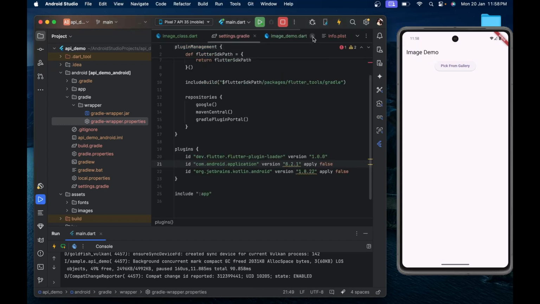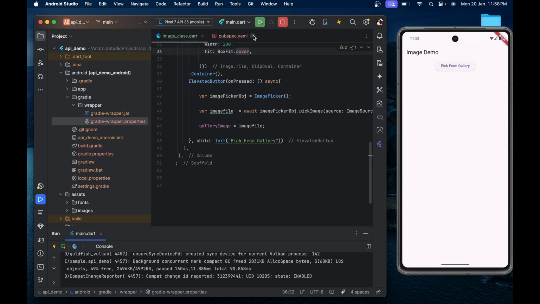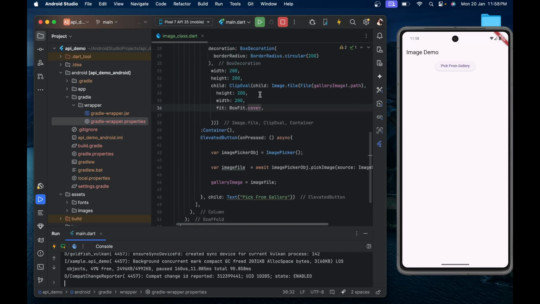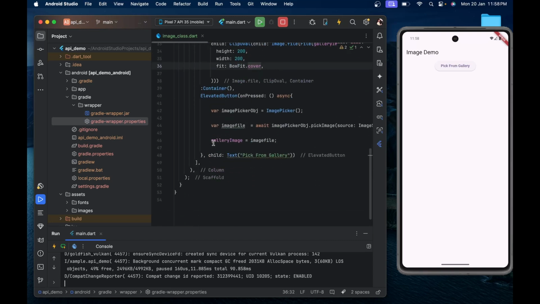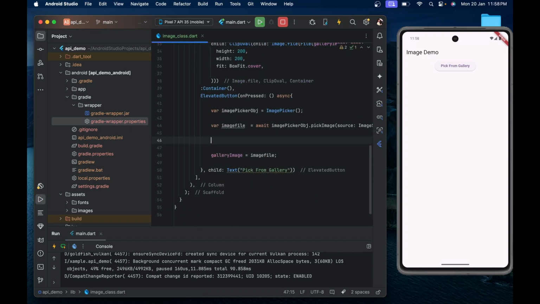I've already picked my image and it is not reflecting on the screen. I think somehow we have forgotten something here. What is it? Oh, listen. Whenever we get our value or our data,